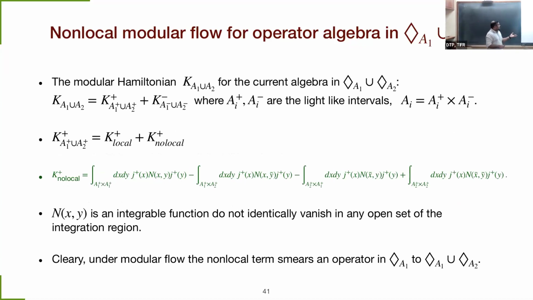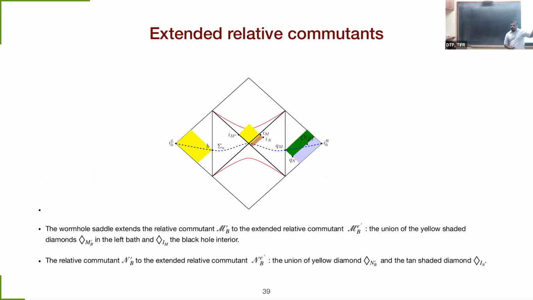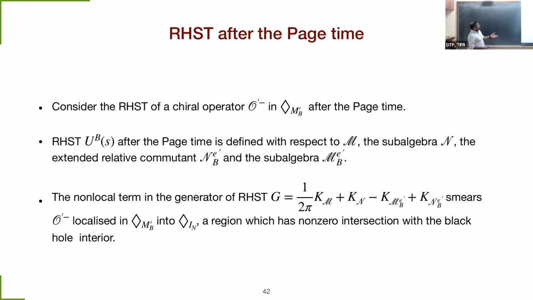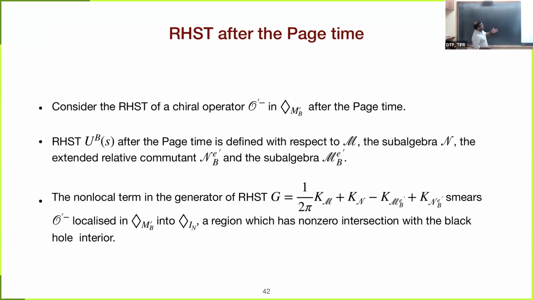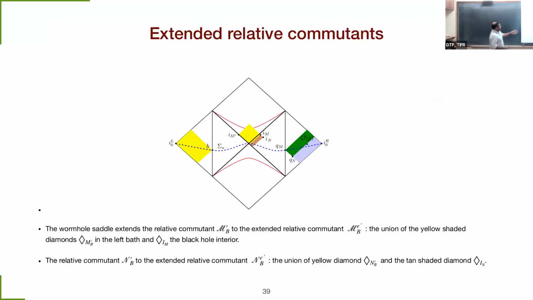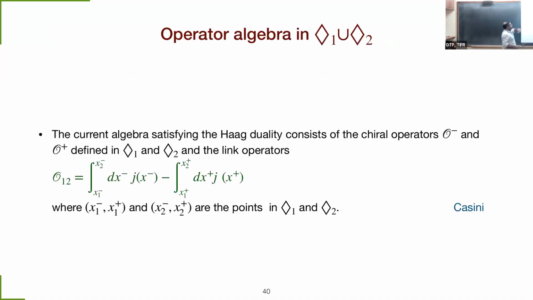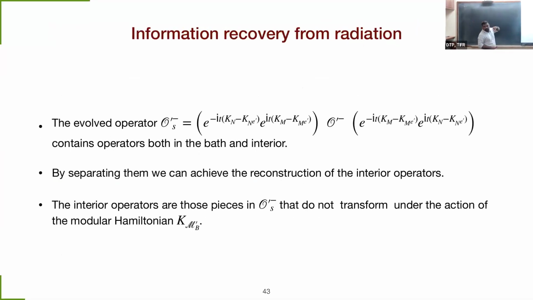When you do a modular flow for an operator in the left part, this will smear the operator to the other part, basically to the interior. That will affect the behavior of the reduced half-circle translation after pasting. When you do the reduced half-circle translation for an operator in the left part, not the right part, it will be extended to the black hole interior. So that means you can write down some nice, like the half-sided